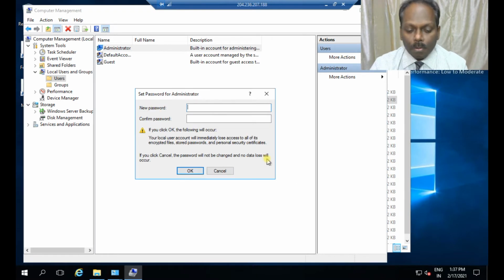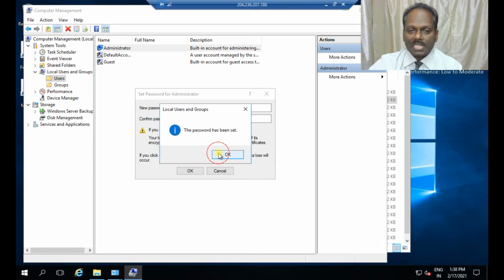The password should follow the policy: one capital, one numerical, one special character and small letters. All these four categories should be there. I'm giving star at the rate of 1, 2, 3. You say okay, the password has been set.